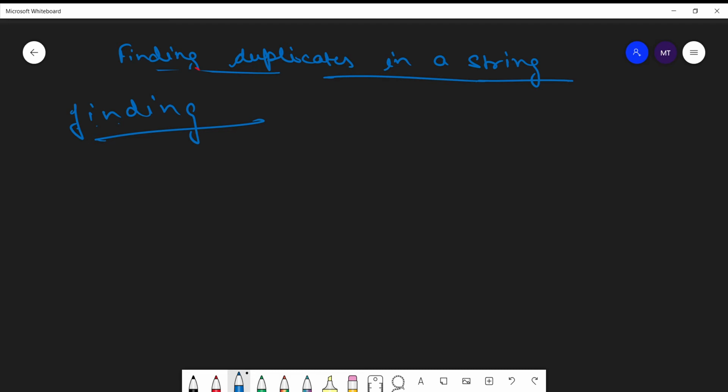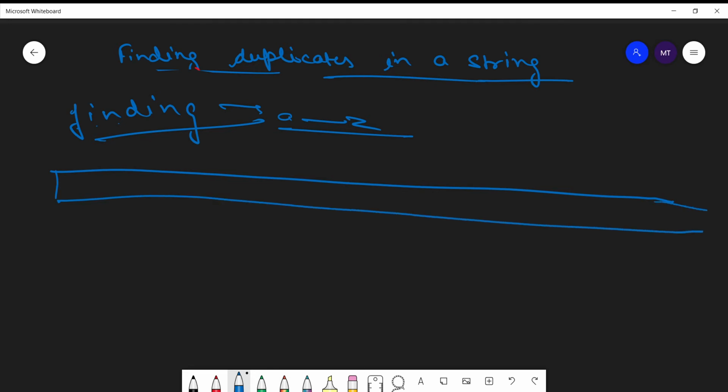Since there are 26 characters in our alphabet, the worst case can happen in a string that has all the characters from A to Z, not repeating even once. And we have to find whether they are repeating themselves or not. Yeah, it can be possible. So the worst case is defining an array of size 26.